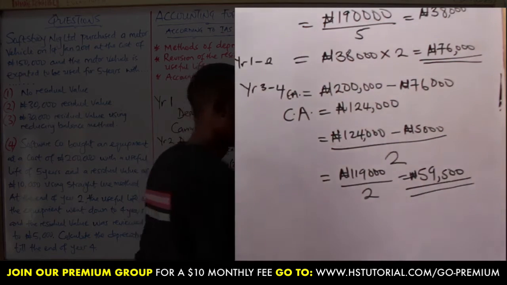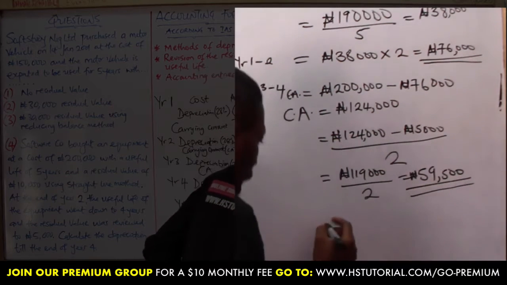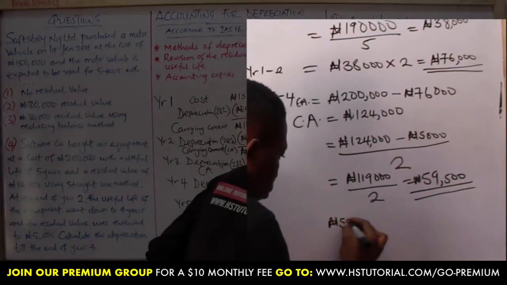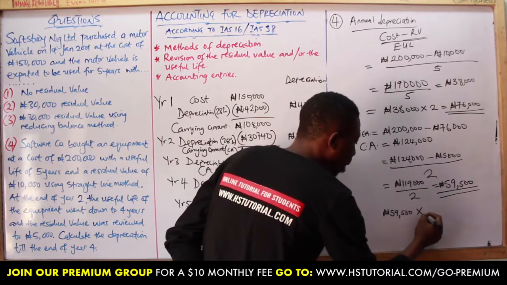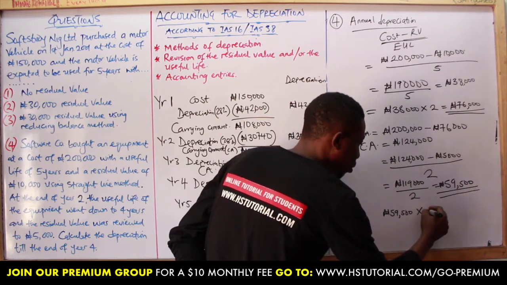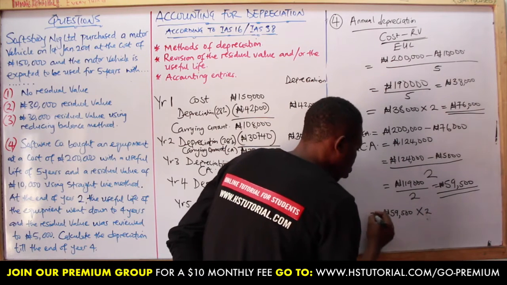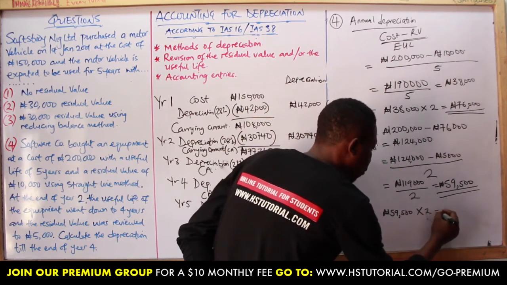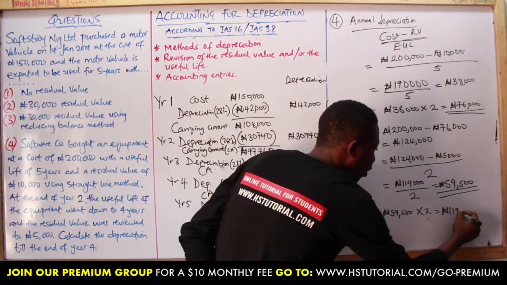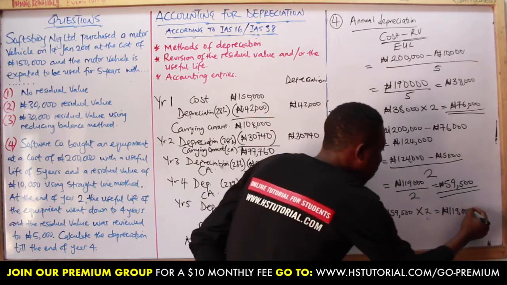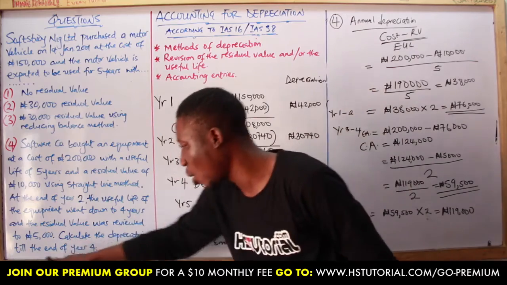If you now want to calculate the depreciation for year 3 to year 4, it will be 59,500 multiplied by 2, which gives you 119,000 naira. Okay, now based on the question, they said you should calculate the depreciation till the end of the